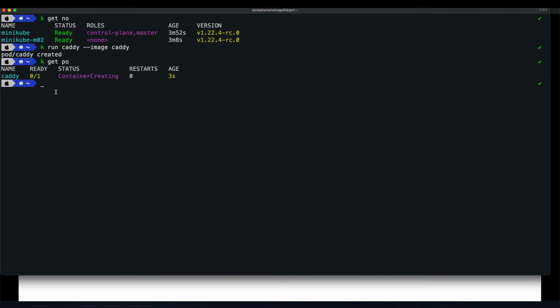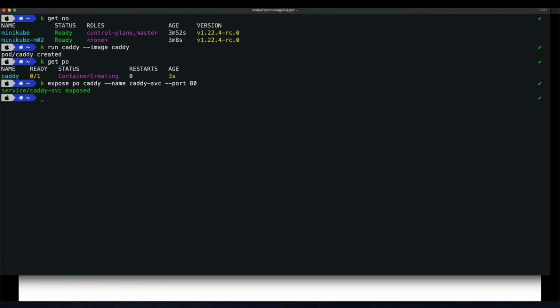My pod is getting created. Meanwhile, I will run kubectl expose pod, with name equal to caddy-svc just to identify, and port equal to 80.